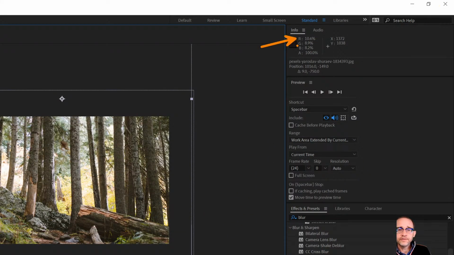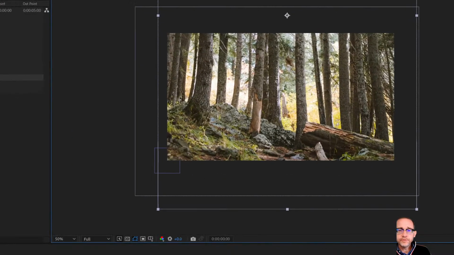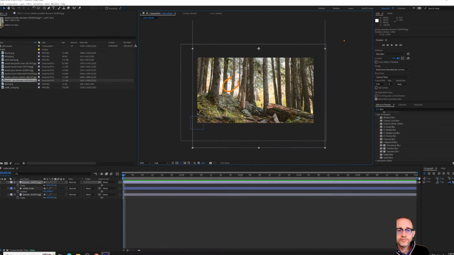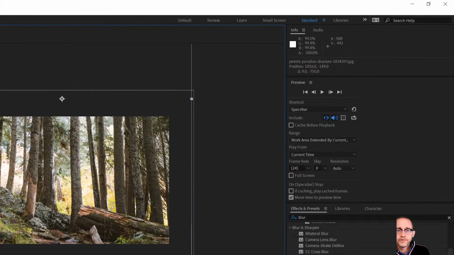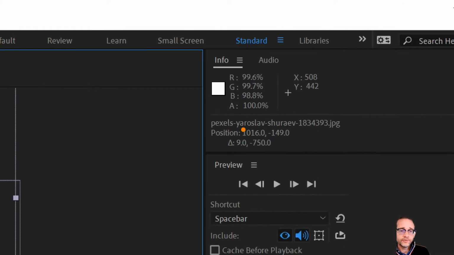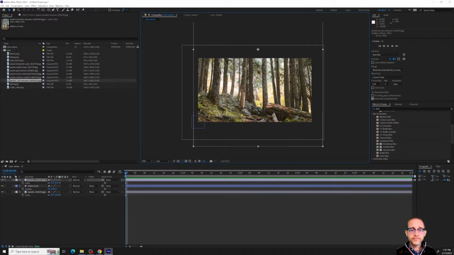It's about 10, 8, 8 over there. And then if we look at the brightest part, maybe over here in this image, it's pretty white. This one's been kind of normalized, 99, 99, 98 there. Very bright. So we get a different